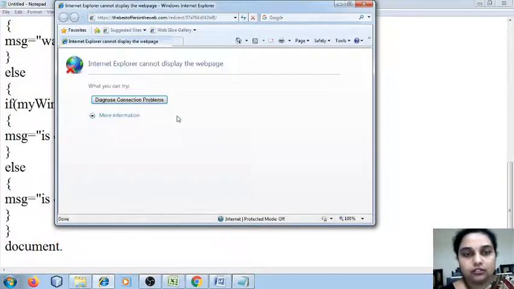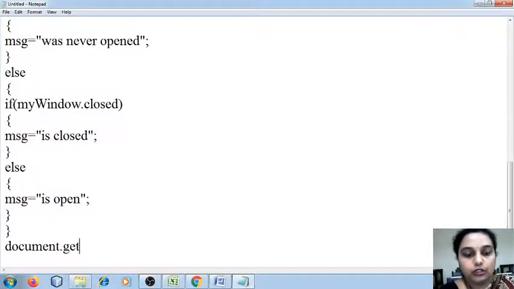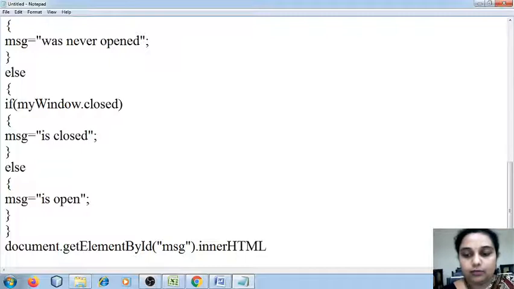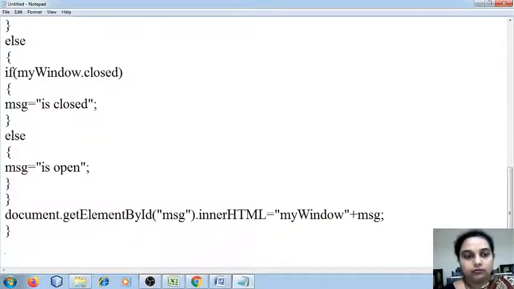I'm going to write document.getElementById message, because this is what I want to write on my screen, innerHTML is equal to myWindow plus message. So my message should be displayed: window is open, window is closed, or window was never opened.